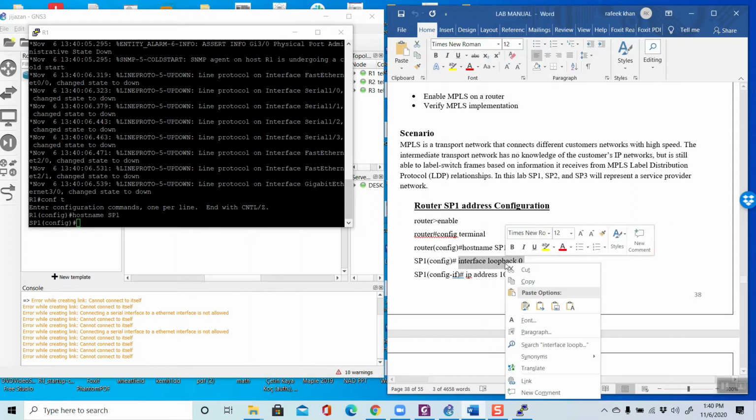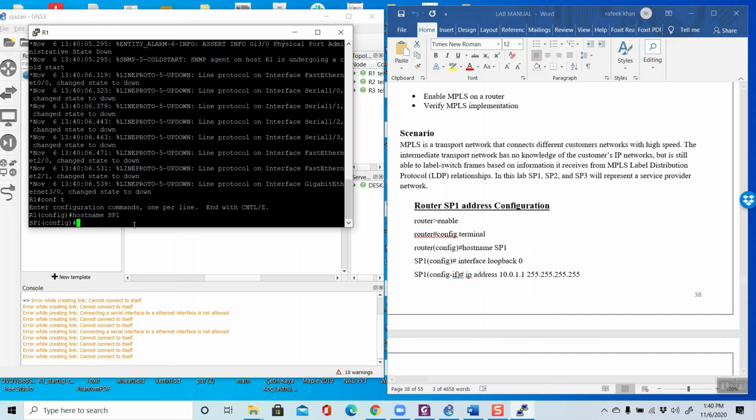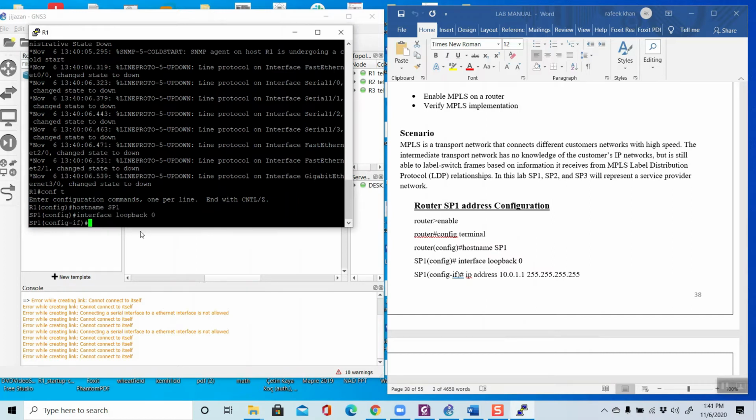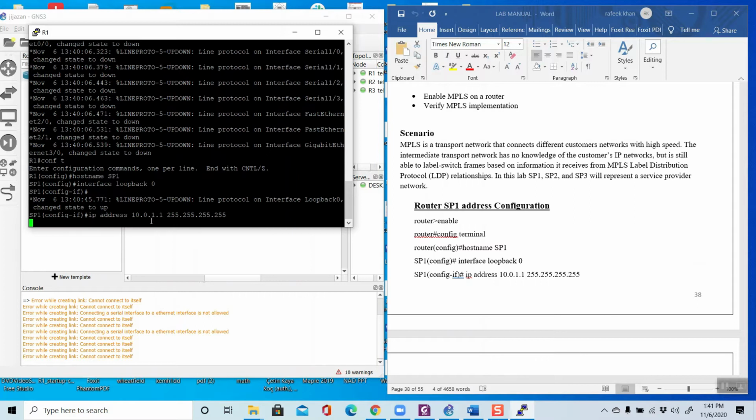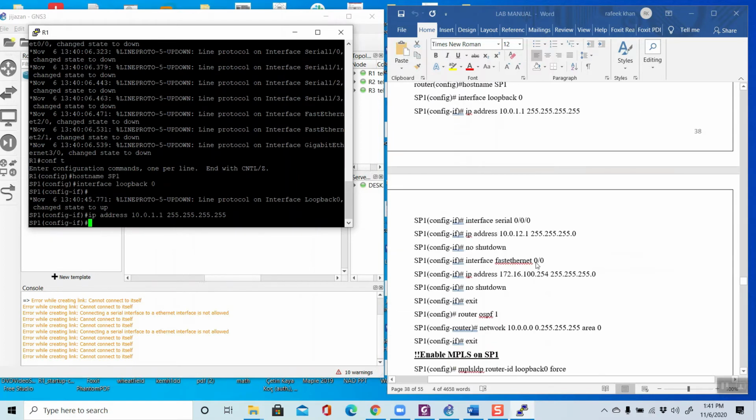Then copy the IP address, paste, enter, then go to interface serial. You have to take care here, because this is serial 0 but you have taken 1, so we have to write 1. What interface you are using, the same interface you have to write. So please take care here.